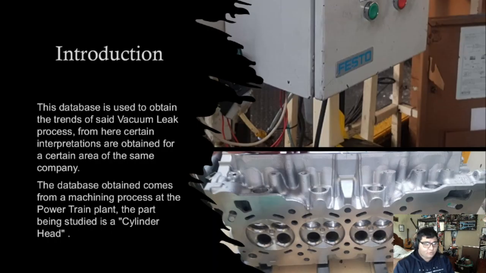In this project, we're going to statistically analyze a database called Vacuum Leaks, which we got from Nissan Mexicana. This database is used to obtain the trends of the vacuum leaks process. The discussion is potentially intended for powertrain machining supervisors and general supervisors. They use the results to project the state of the production line, which in this case is for the MR